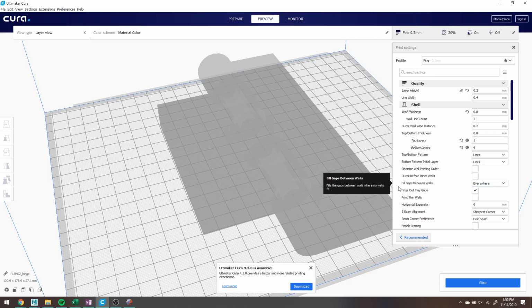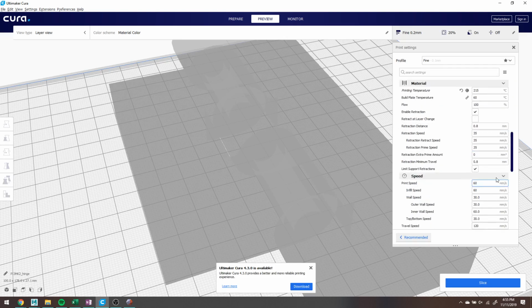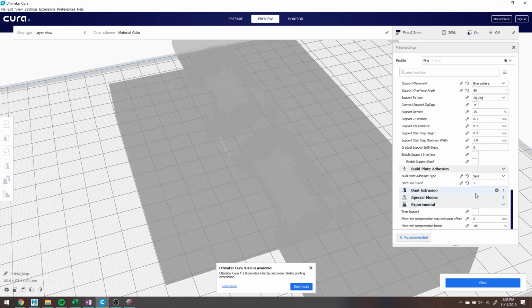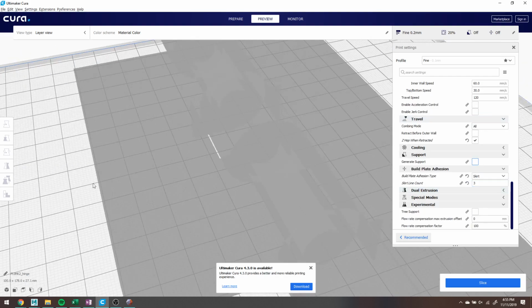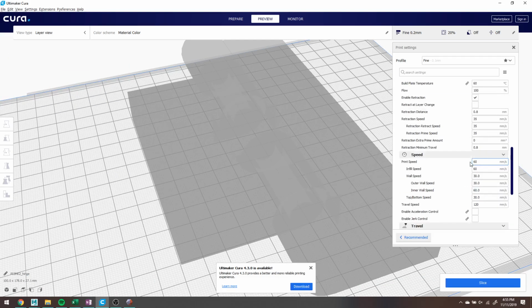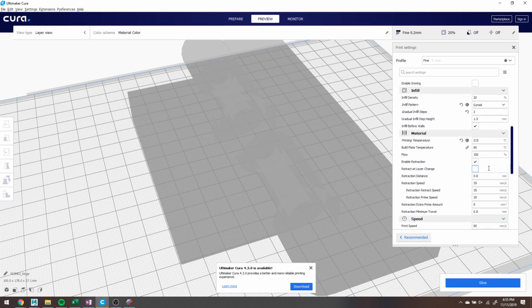Apart from that, this is another setting which a lot of times won't make a huge difference. It depends entirely on your model. And that's fill gaps between walls. So this is more of a thing. Let me actually turn off supports really quick. Did I do that already? I did. Okay. Honestly, minimizing supports is one of the best things you can do to reduce your print time. Which is usually, if you've caught on to my mania about printing supportless, that's actually why, among other reasons. But,